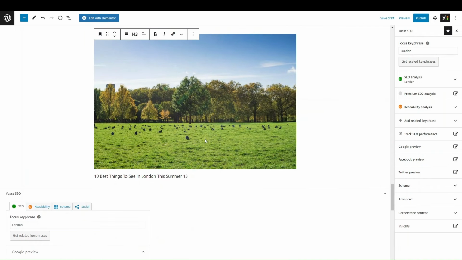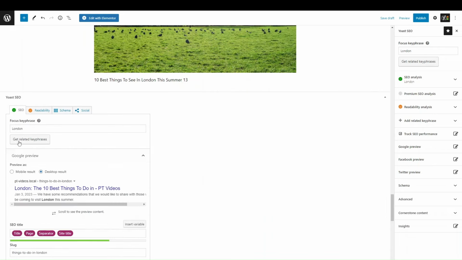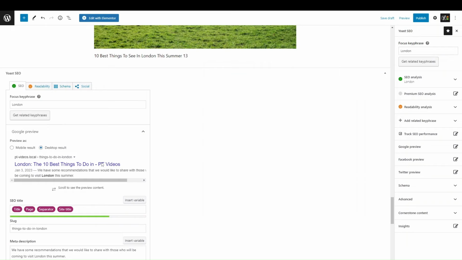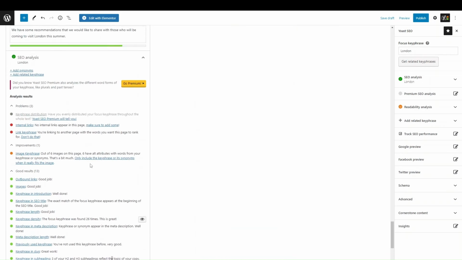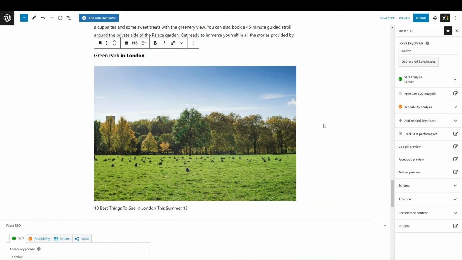and you're constantly using the word London in every other sentence, your text won't flow naturally and it becomes unreadable, and readers are most likely to stop reading and leave your page or your post, and you'll lose your audience. So that's why you should aim for variation in your writing. So you've got your focus keyword here. What you can do then is get related key phrases, and that will count as another key phrase, and it's something that Yoast will pick up on